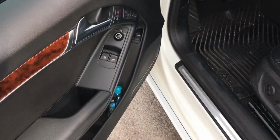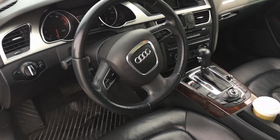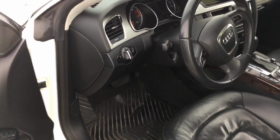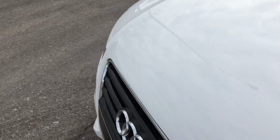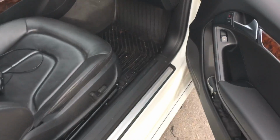In the interior of the car, there's nothing on the driver's side. I'm going to go to the passenger side here in a minute to tell you what I've changed on that side. But as far as interior goes, it's been pretty solid. Now, on the passenger side, I'm going to show you that